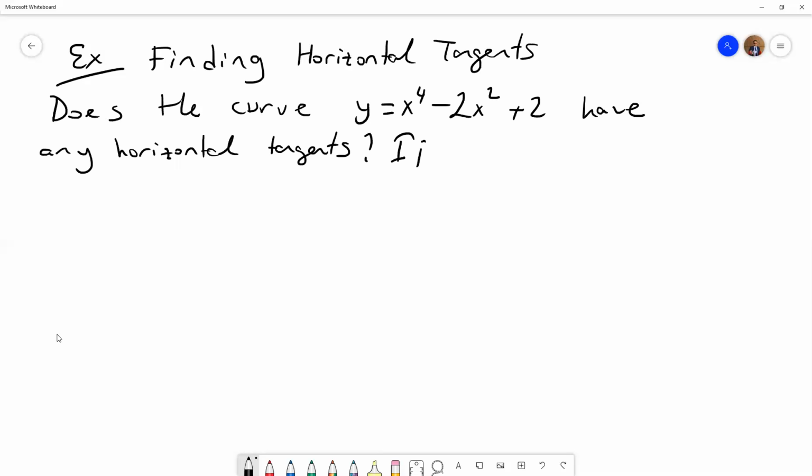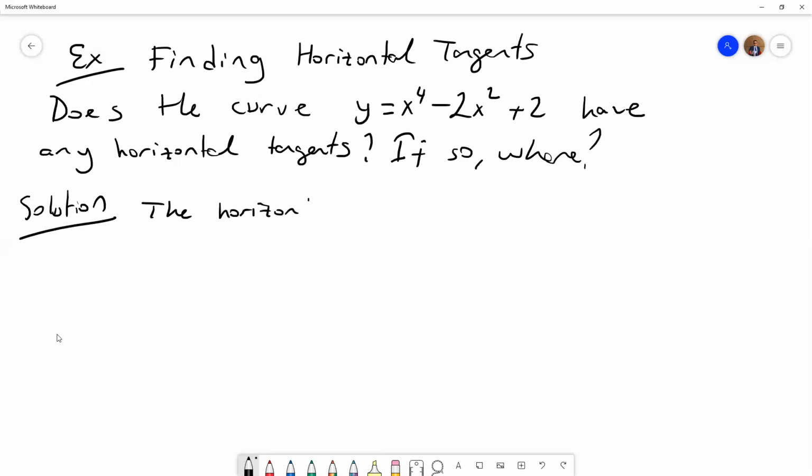If so, where are they? The solution for that question: the horizontal tangents, of course, if any,